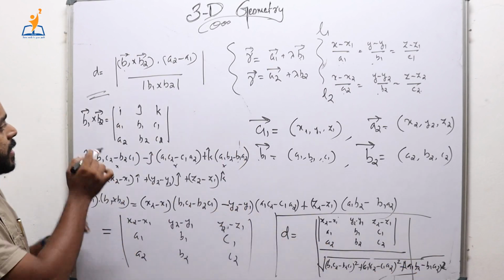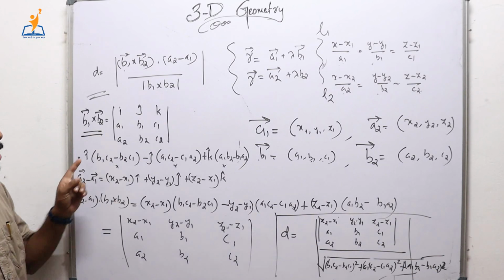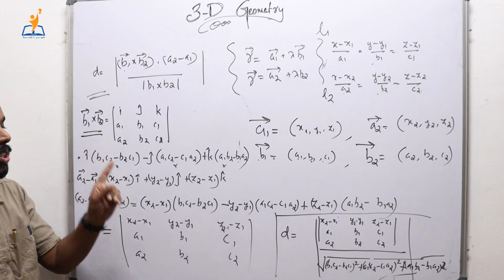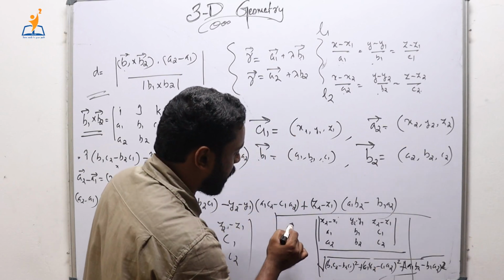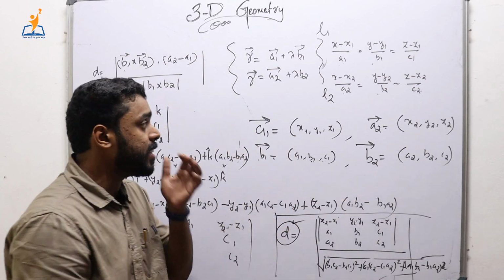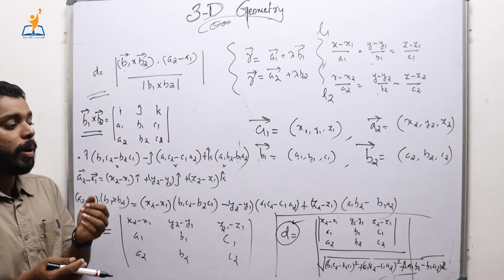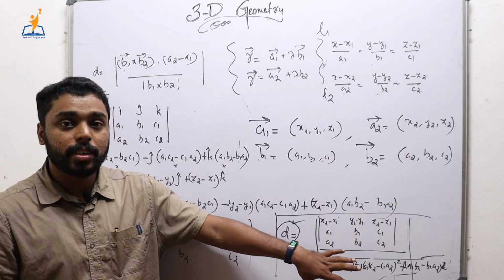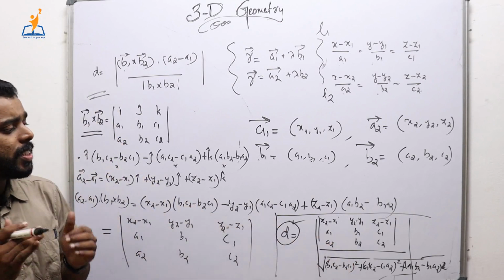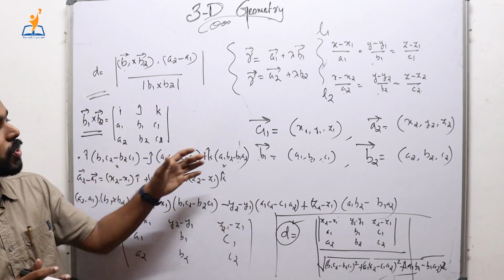What is this? This is actually nothing but b1 cross b2. You can easily find out using this relation, and hence find the absolute value of the entire thing in order to get the shortest distance between these two lines. You may feel confused or terrified on seeing a big equation like this all at once, but this is very simple. Just understand the process of derivation.